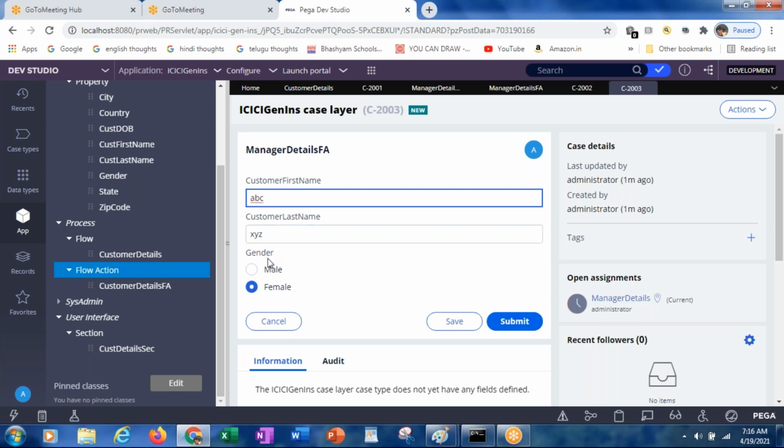But the values are still coming. Now if I update, what happens? Now I am giving the manager name. What is the issue?